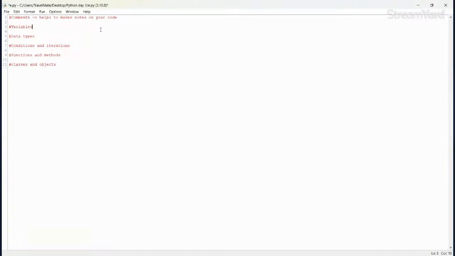So what is a variable? Variables are basically containers that hold information. So it's simply containers that hold information. So you're asking yourself, what kind of information can I actually store in a variable? A typical example of a variable: let's say I want to describe a person.